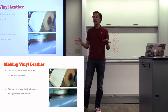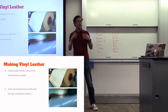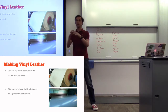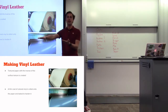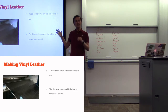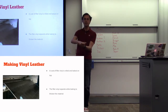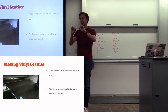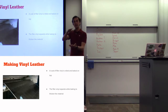So the way they make Naugahyde or other vinyl forms of faux leather is to take textured paper with the pattern of the actual dimples on it, and then coat it with the colored vinyl that they want on it and bake it to harden it. Next, they coat the vinyl on top of the paper with a filler material and bake it, and it expands to form the actual thickness of the material. Once they have the full vinyl coat, then